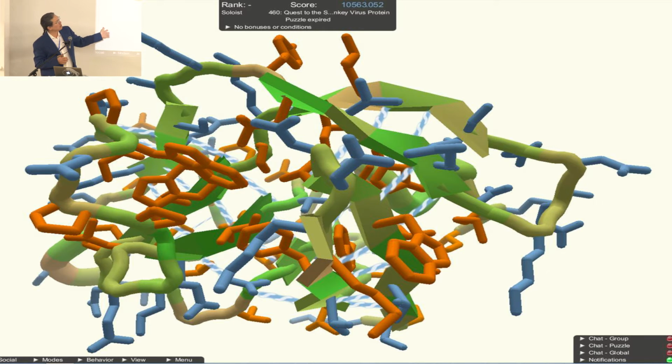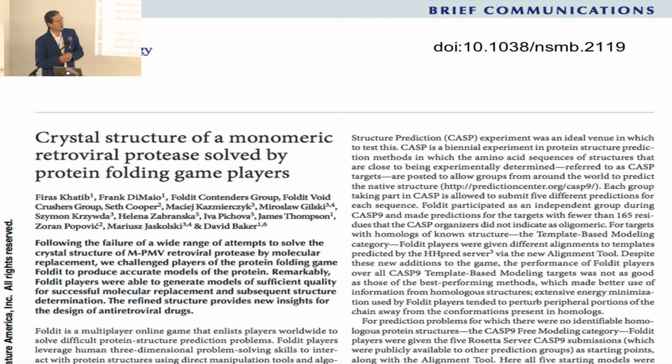So this is a particular protein that the Foldit volunteers worked on. You might recognize it as the Mason-Pfizer monkey virus retroviral protease. The reason that that's important is that it was an important piece in understanding HIV, the virus that creates AIDS. So this is the monkey equivalent of that. Researchers had been trying to figure out its structure for 2 or 3 years. They gave it to the Foldit volunteers who solved it in 3 weeks. Okay, so that just gives you a sense of, again, volunteers doing real science.